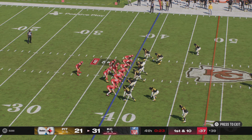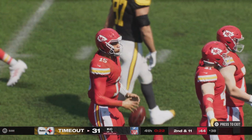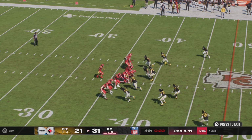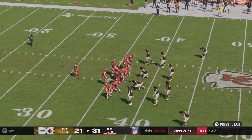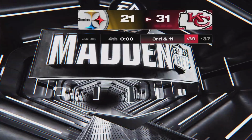Victory formation here. Looks like they're going to take a knee on 1st down. Your favorite formation, right, Brock? The victory formation here as he takes a knee. The Steelers use their 3rd and final timeout. The Chiefs in a victory formation here as they take a knee. Setting up for the kneel down on 3rd. Well, no ladder place in Missouri or Kansas right now as